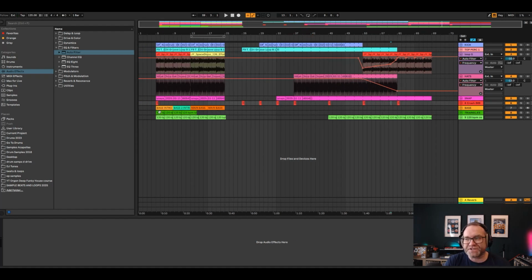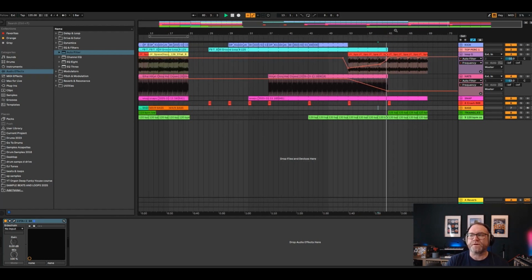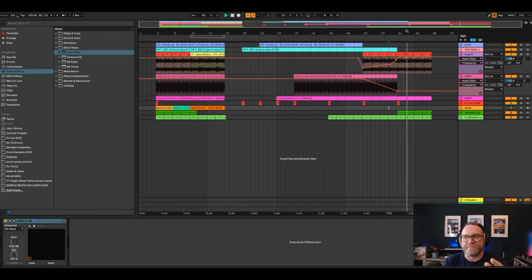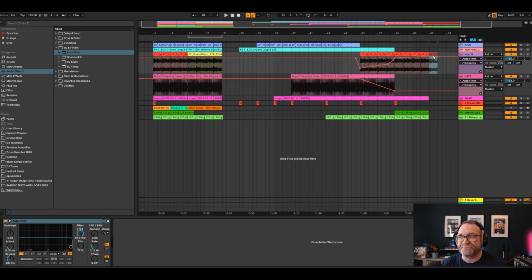Then at this point, we're going to bring in something different, like some triangles, just to give it a bit of kind of magic, I suppose, a bit more excitement. And it's going to go like this, okay? Then you're ready to go into your main part of your track, which will be the red loop again, okay,